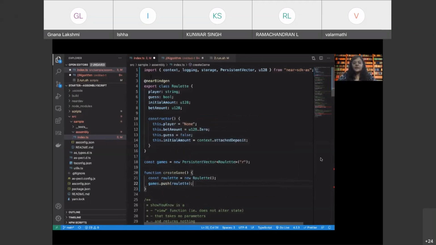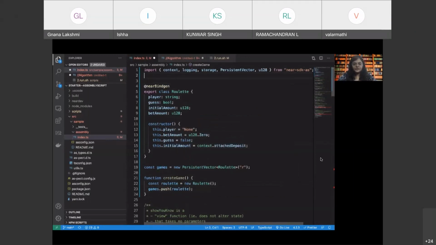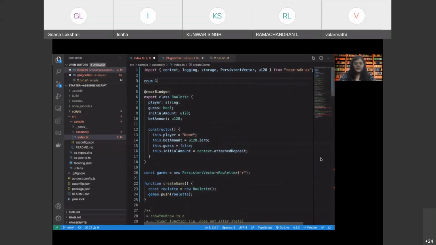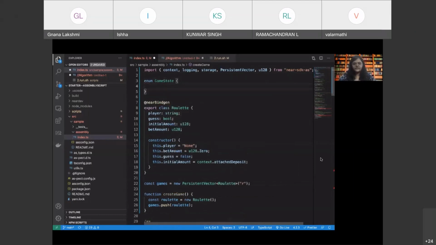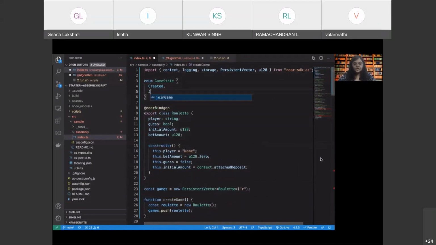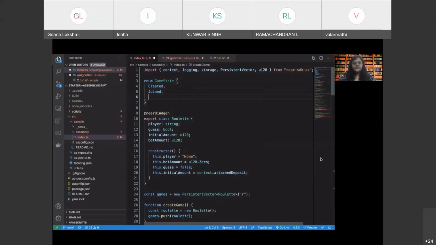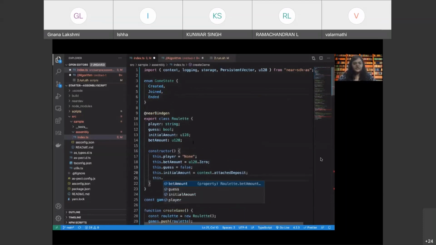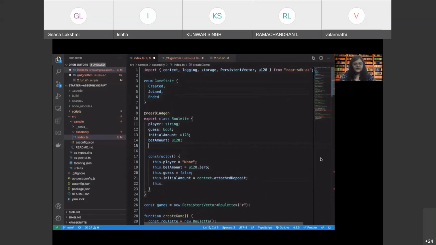There is one more thing that I want to do, that is I want to have an enum called game state, which will help me understand what is the state of the game. So I'm going to have a created, a joined, that is when somebody joins a particular game, and then a game ended, right? So initially when we call the constructor, I'm also going to initialize a variable called game state, which is going to store the state of the game, right?